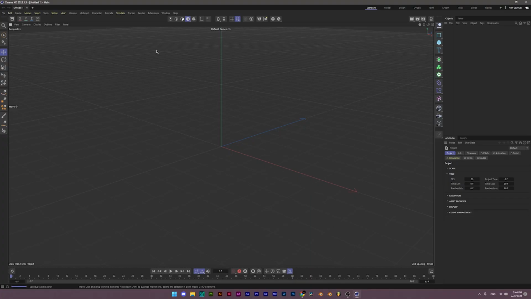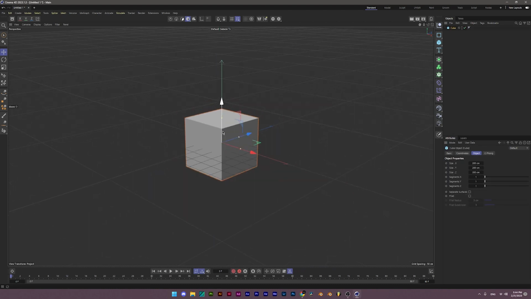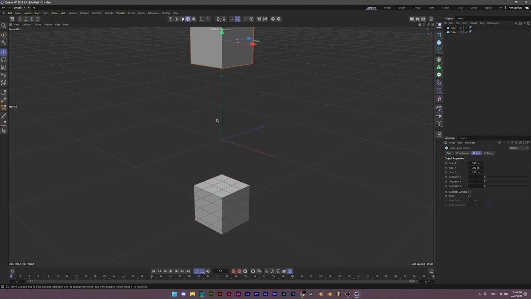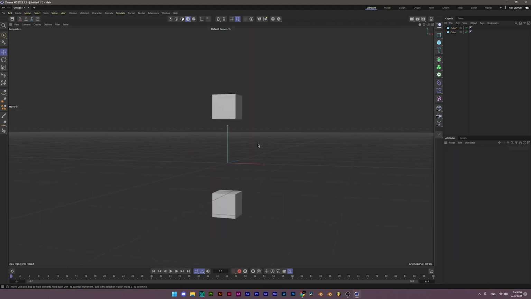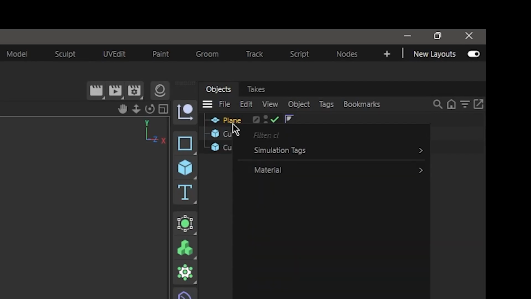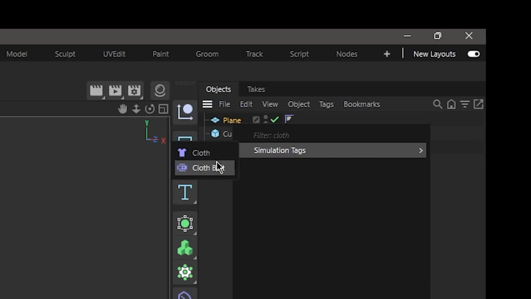Alright, so now we're here in Cinema. We'll just make a super quick animation just to show around the workflow. I'm going to make 2 cubes. Let's position them, and now let's put some cloth in the middle. To make cloth, we'll use a plane. Now just go here and look for cloth tag in a simulation tag, and use